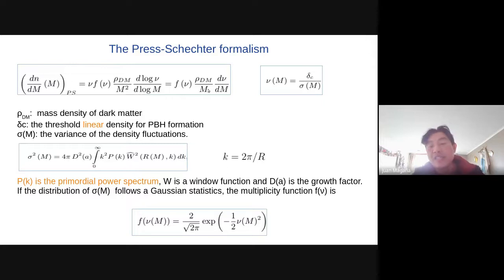Another assumption is that if these density fluctuations follow Gaussian statistics, this multiplicity function here is given by an exponential, like in this expression here.